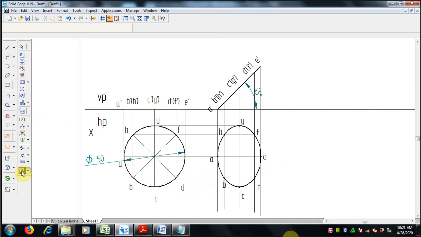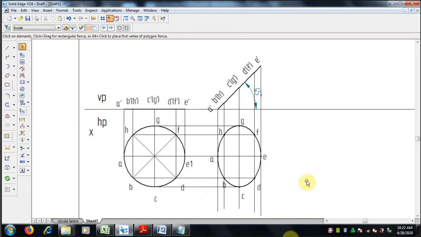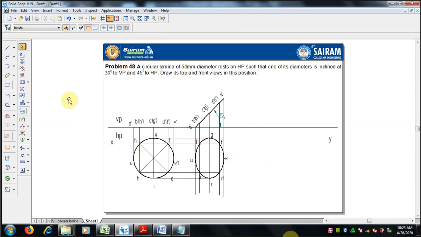Here we can say AE1. AE1. Why? Because it's the first initial position. What we kept is the circular lamina of 50 dia. That is the AE1 we can take, and after inclination, the diameter is AE.